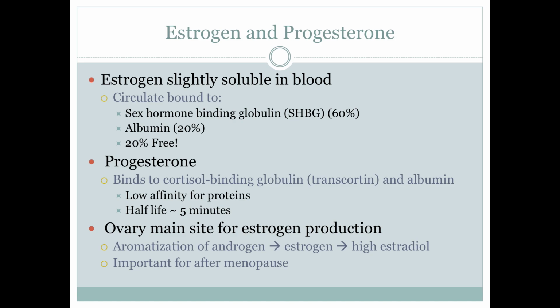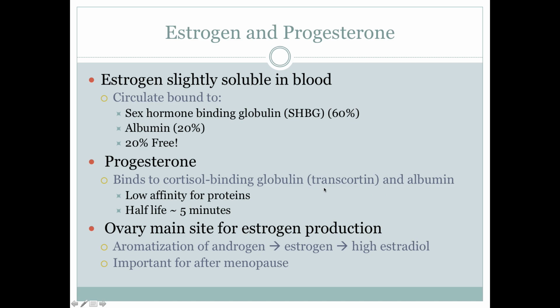All right, so estrogen and progesterone are typical sex hormones, steroid hormones. They bind, again, to that sex hormone binding globulin. We saw it with testosterone. About 60% of it is bound to that. 20% is bound to the typical protein albumin in the bloodstream. That means estrogen can have long-term actions because it can bind to those and hang on really tightly. 20% is free, so there can be immediate effects, which is why you see these hot flashes in things like menopause. This free estrogen can go do things really quickly.